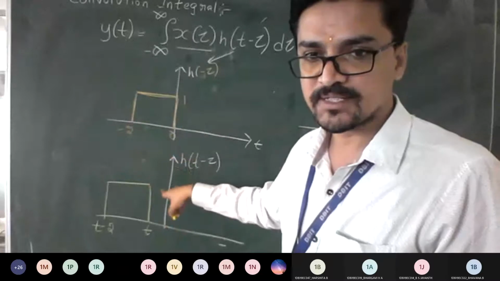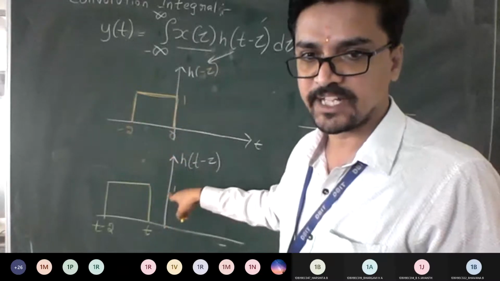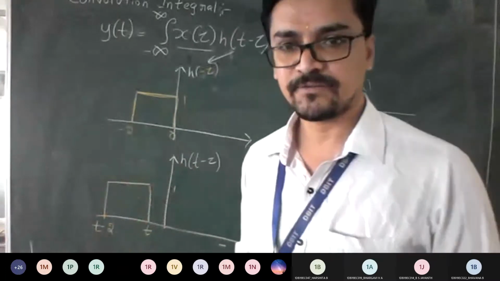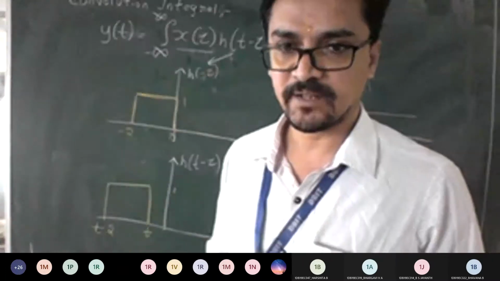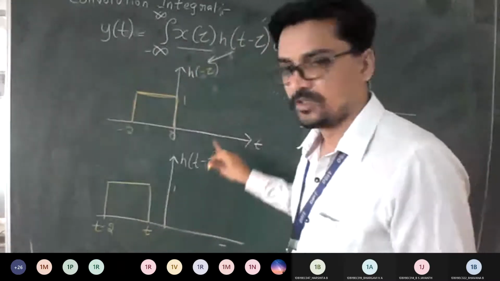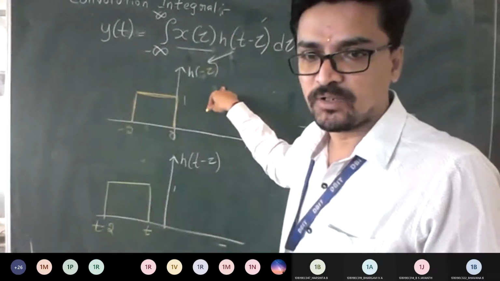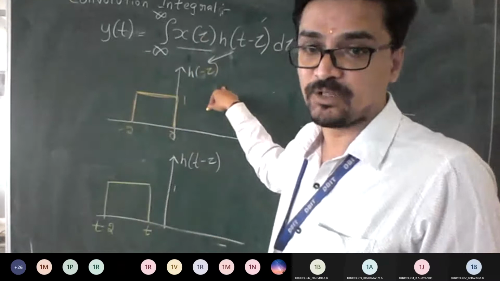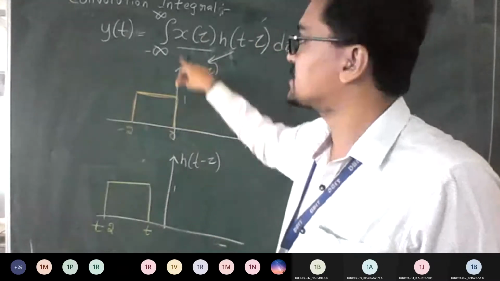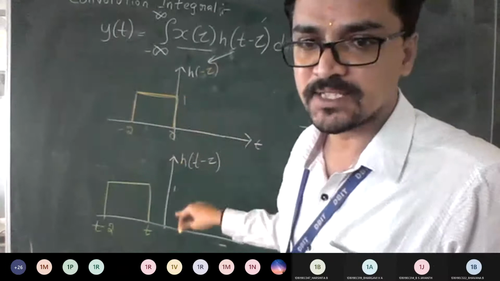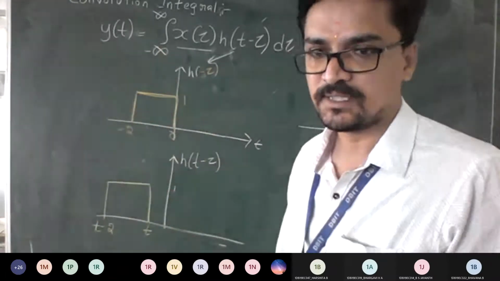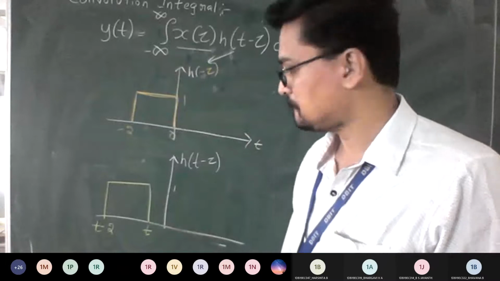So if you are able to understand how to plot this h of t minus 2, then the remaining part is just a movement of your signal. If this is fine, then we can proceed. If anybody still has doubts, you can ask here. You did how to plot x of 2, h of 2, h of minus 2, and from that, how to get h of t minus 2. So if you have h of t minus 2 and x of 2 with you, you can play with this by moving it and apply integration to get the answer. Is it okay till here to everyone?